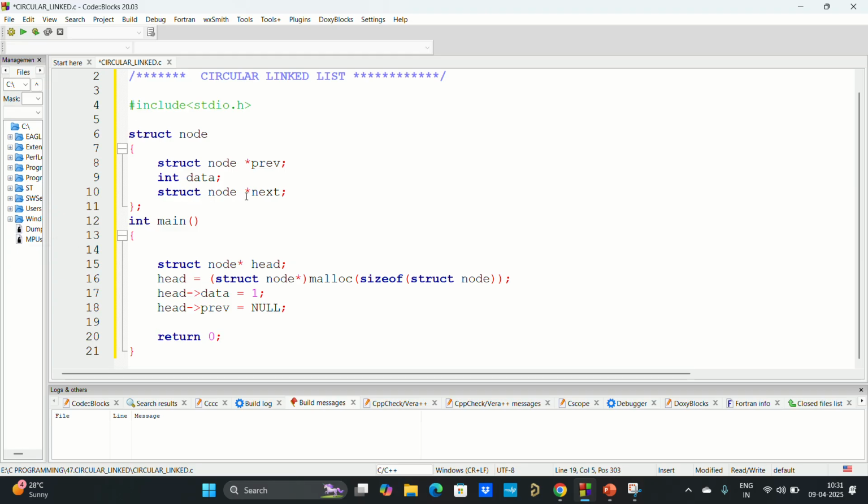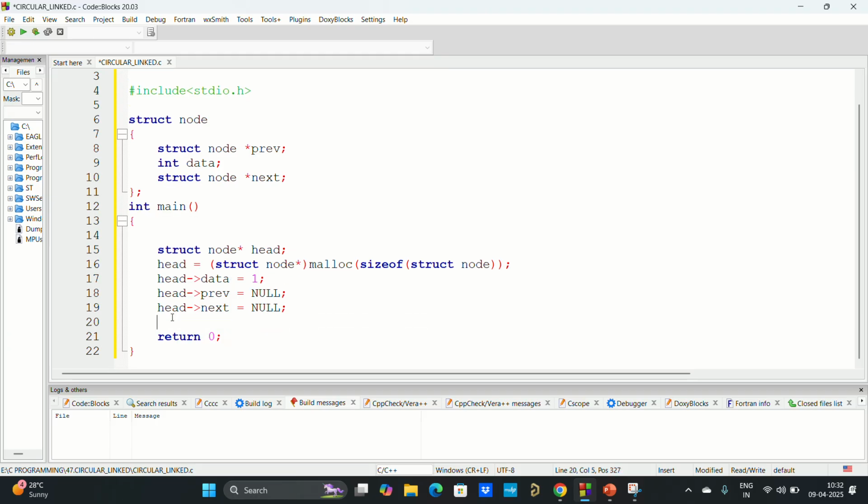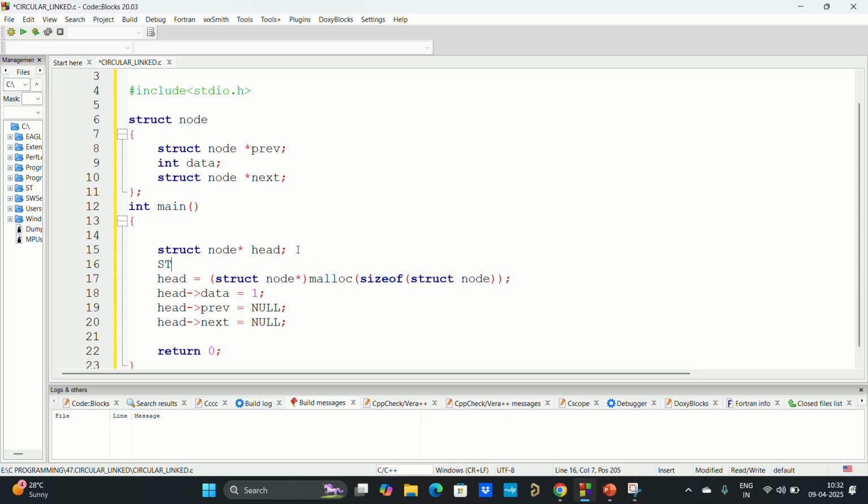And after that, in the next pointer, we have to store the address of the next node. But here we didn't create any node. So by default I'm just going to declare head next is equal to null. Okay, so now I'm just going to declare another pointer variable. Okay, to generate a new node,